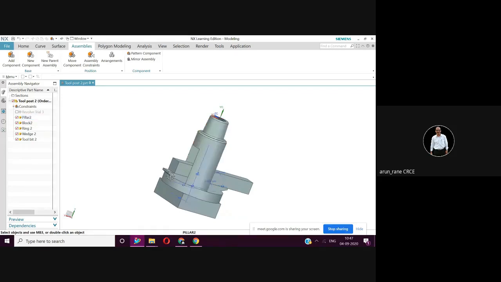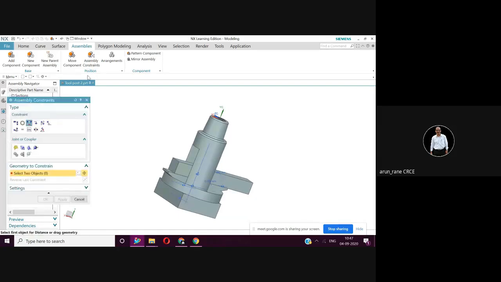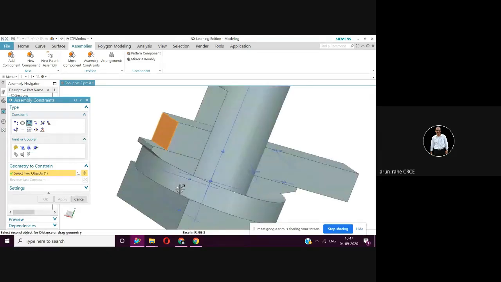So 15 mm per side. So not to worry. Actually, I should not have come, but I did not notice this, that it is not placed centrally. Doesn't matter. So again, go to assembly constraint. You could have avoided this. Then distance, go to distance. Now select this face and zoom a little and select this.